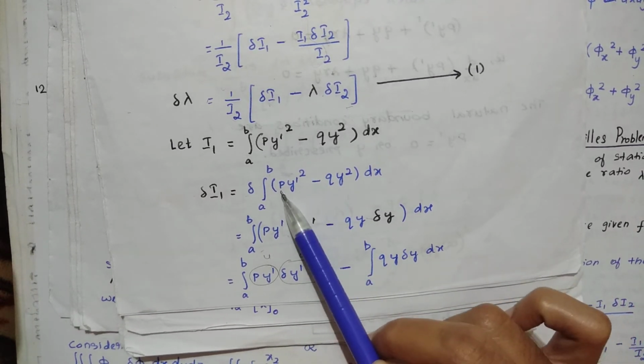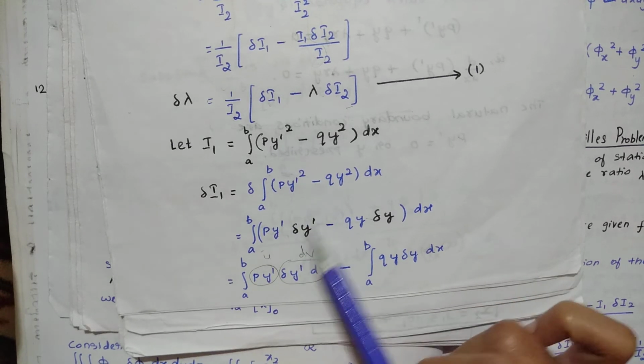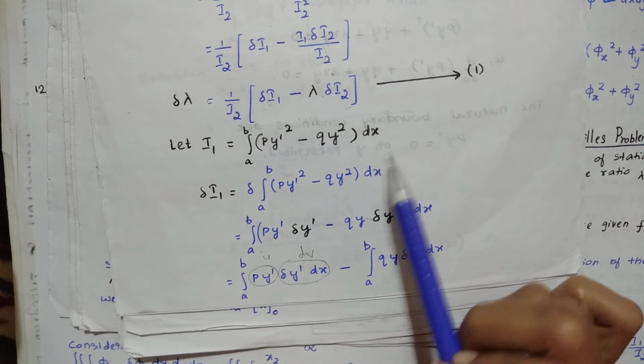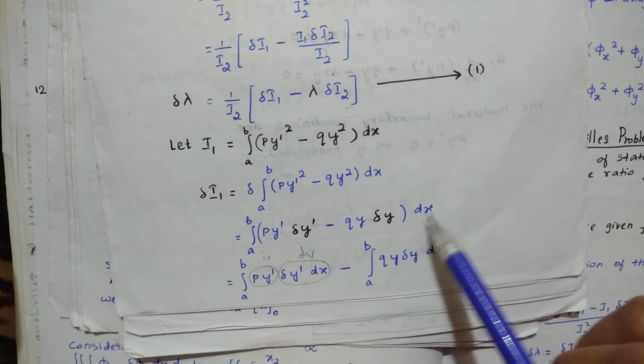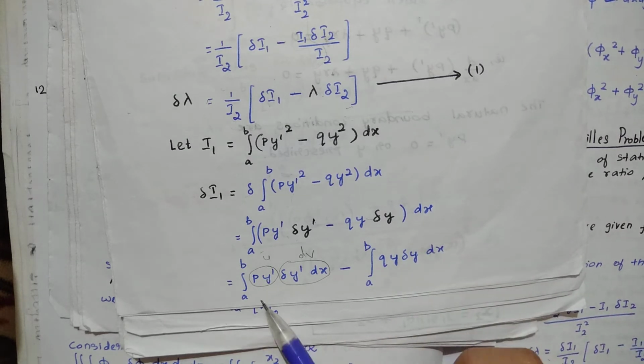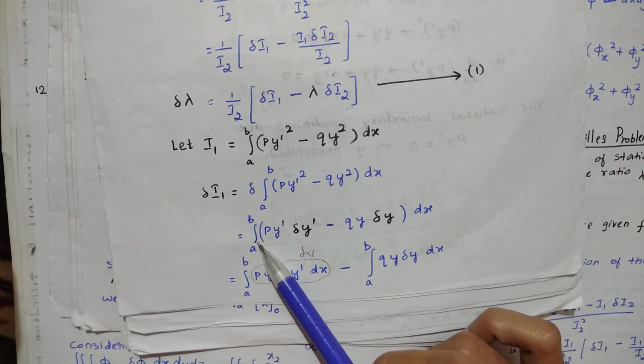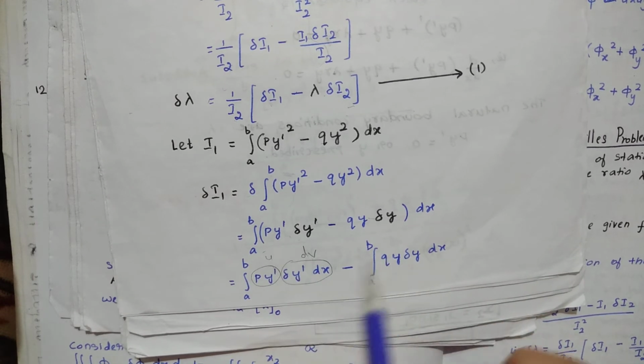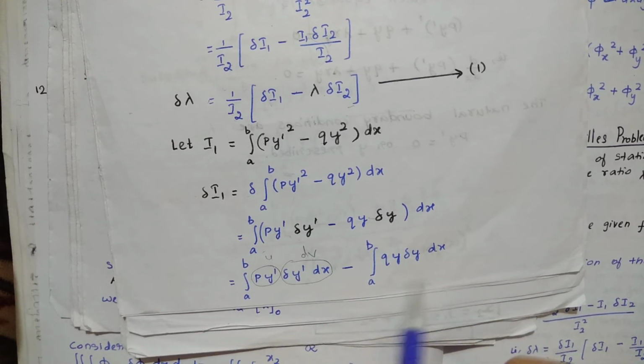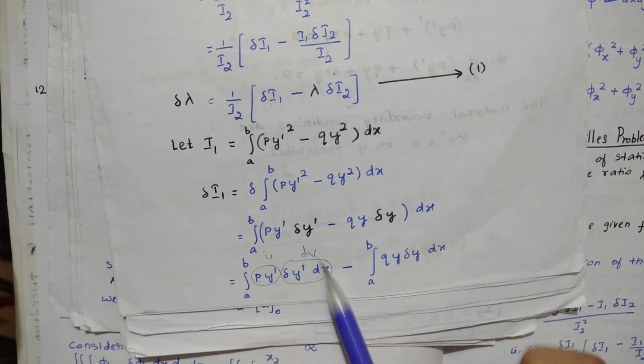You are writing p y dash delta y dash minus q y delta y, the whole dx. Now you are splitting the integral, giving this integral to both the terms so that you will get like this. Now you are going to integrate this